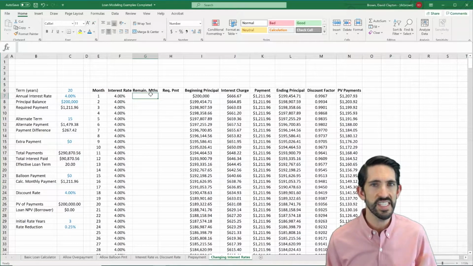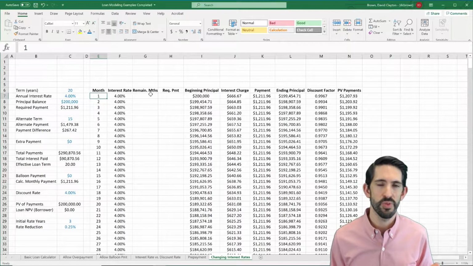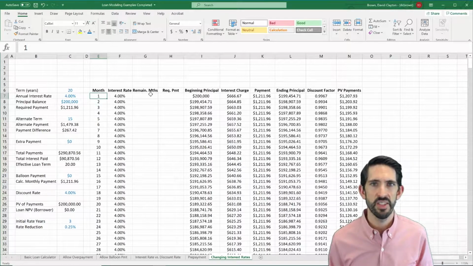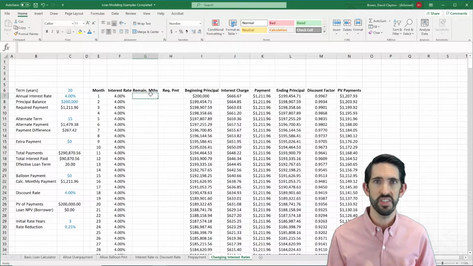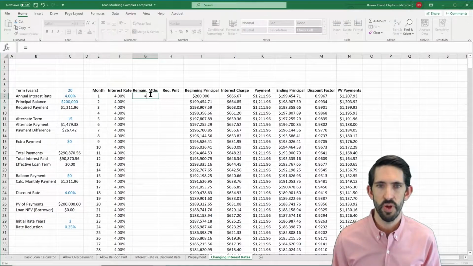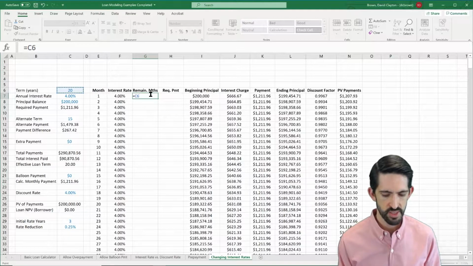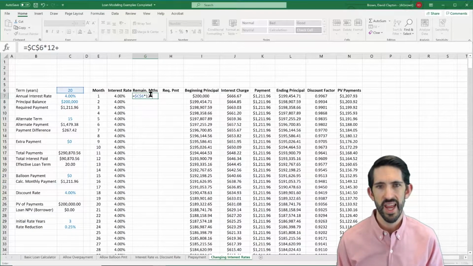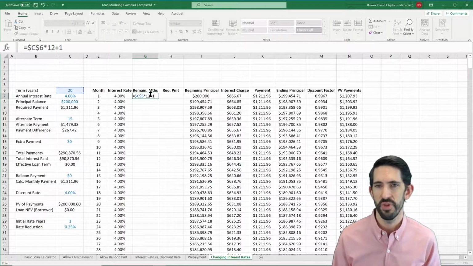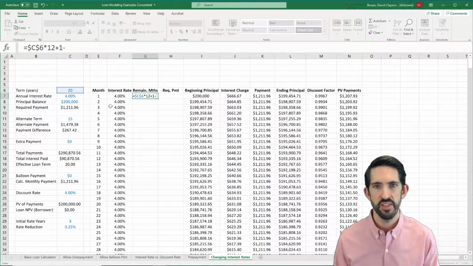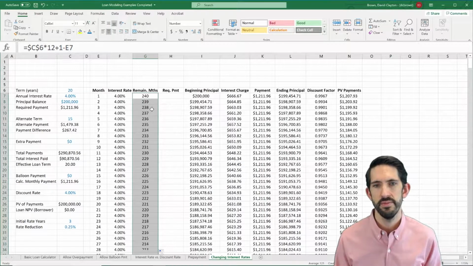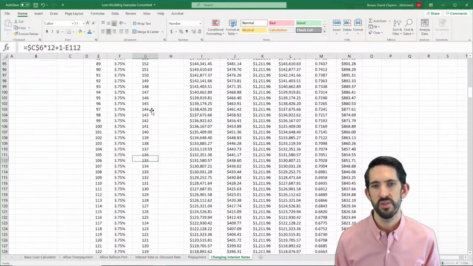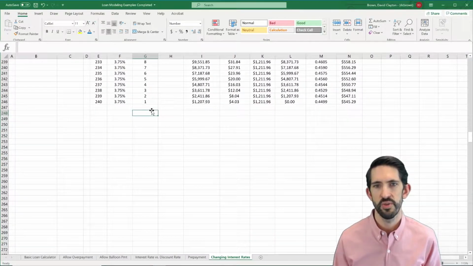The easy way to do this is recognize that we have 240 months. We could subtract out the month we're in. So we could do this calculation dynamically in the formula we're going to write, but I'd prefer for it to just be explicit so we can all see it. So the way we're going to do this is multiply our years times 12, and add 1 to account for the fact that we start in month 1, and then subtract off the month we're in. So in that first month, we have 240 months remaining. If we drag that down, we see it goes down, down, down